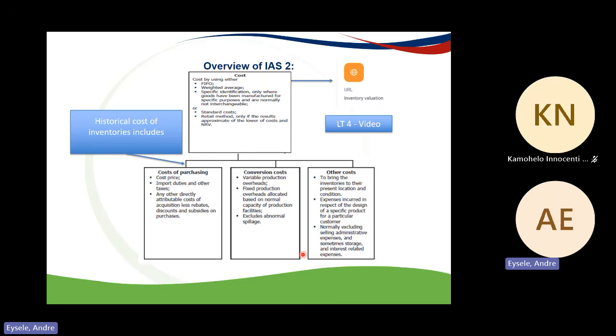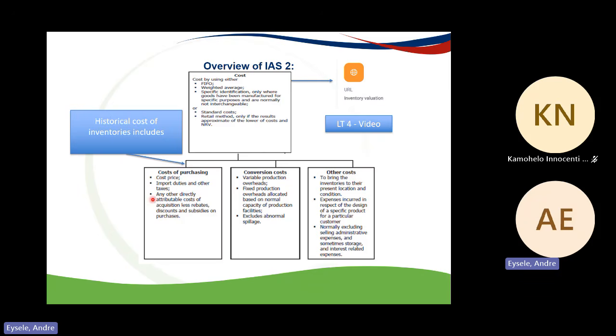Now, colleagues, before we go to an example straight from what was expected in the semester 1 examination, this is how we deal with inventories. It consists of the cost of the items. How do we determine the cost of inventory items? What does it include? Like I said, if we are a bicycle manufacturer, you need to obtain the purchase price of your frames, your wheels, the chains. Those form part of your IAS 2 costs.